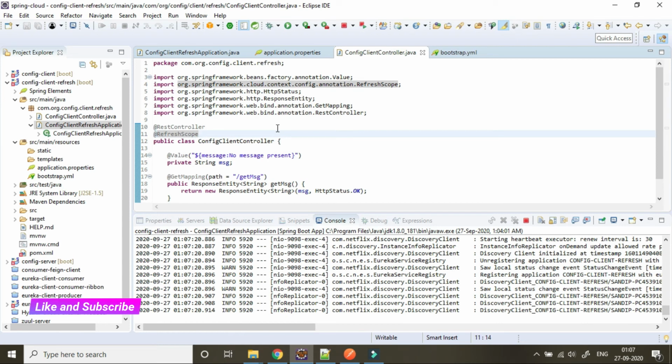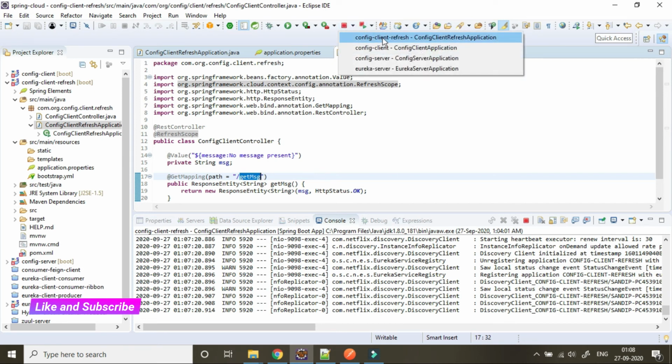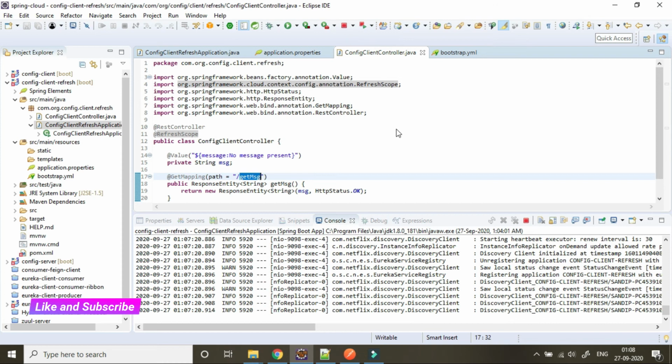So once we provide the refresh scope, it will refresh the scope every time the get message is called. Again we will stop our client and start.